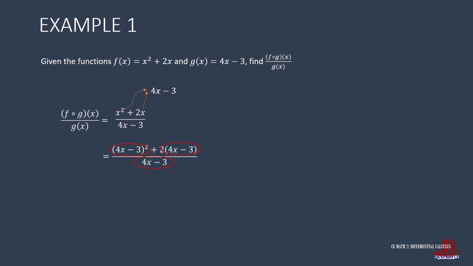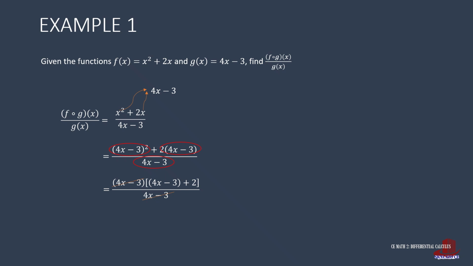So instead of expanding, it would be faster to simplify if we factor out the common term from the numerator, which is the binomial 4x minus 3. The function then transforms into the factored binomial of 4x less 3 with the remaining parts of the terms as 4x minus 3 with another positive 2. Then rewrite the denominator of 4x minus 3.